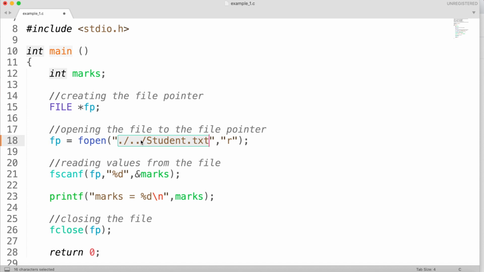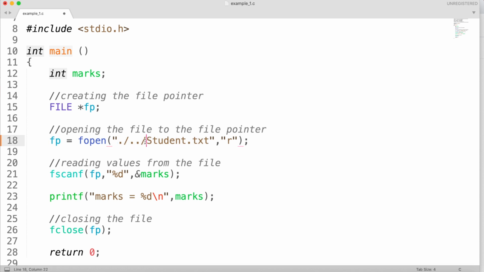That is how you can specify the file path relative to wherever you have saved your program. So there are two different ways to give the file path: the first is the absolute path, and the second is the relative path, relative to wherever you have stored your current executable program.